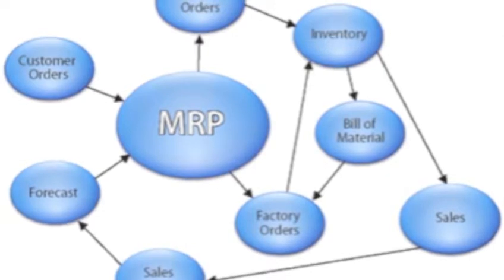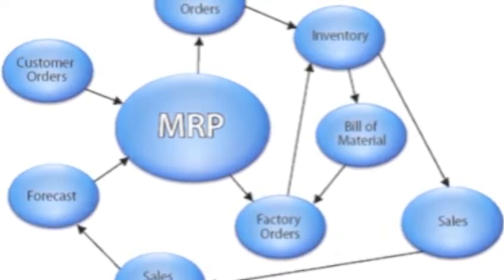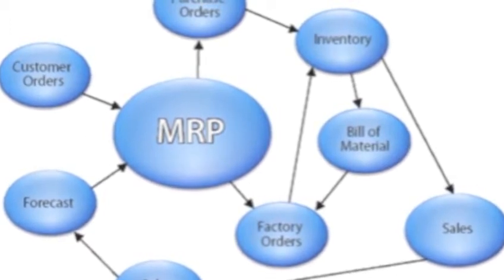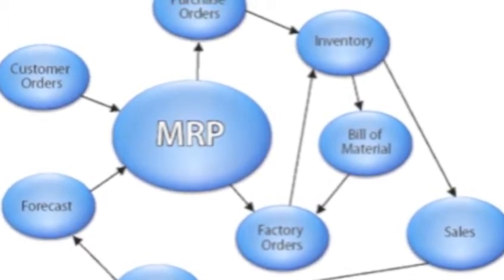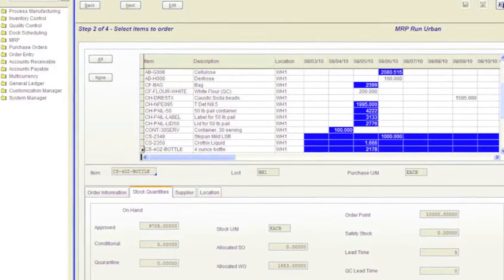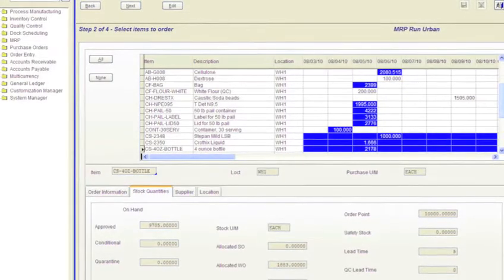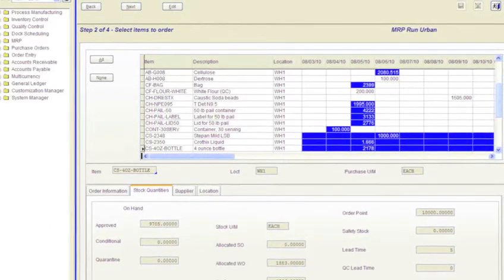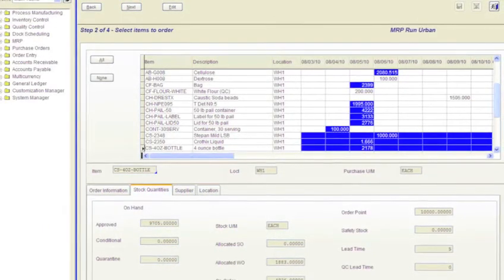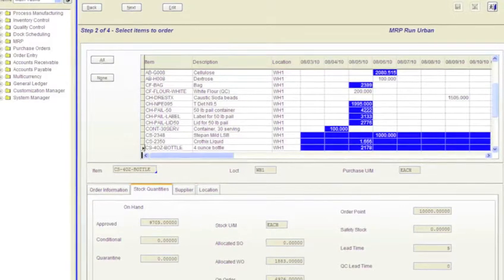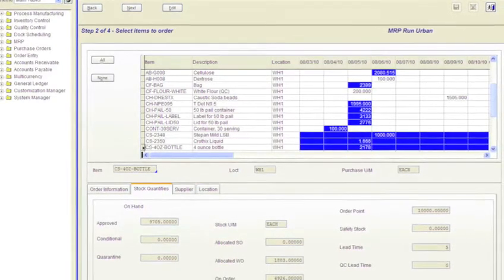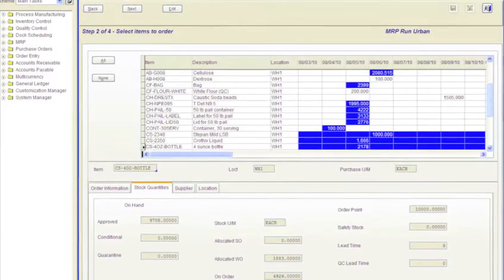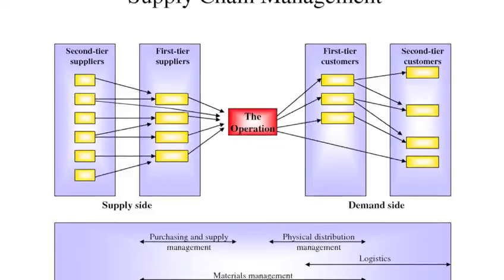Material Requirements Planning, or MRP, is a system that determines which parts will be needed at certain times in the production process. It is like a full list of material resources required to produce a final product. Material Resource Planning, as opposed to Material Requirements Planning, is known as MRP2. It's a more advanced version of Material Requirements Planning. It combines the information provided by MRP with production scheduling and even labor management information systems to give the firm an even more comprehensive list of inputs needed in the manufacturing process.